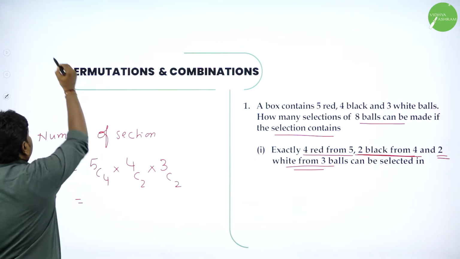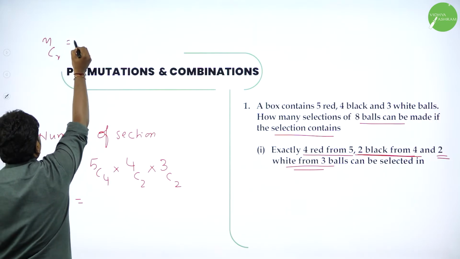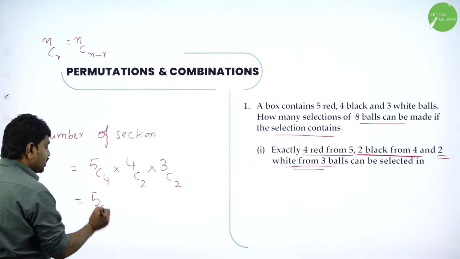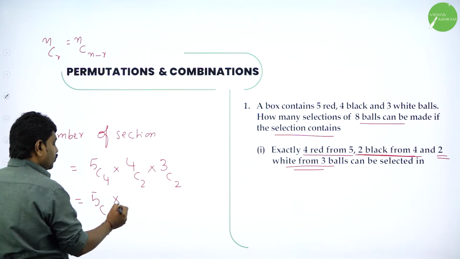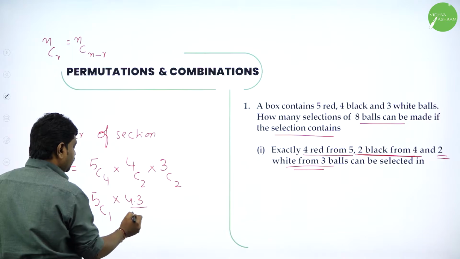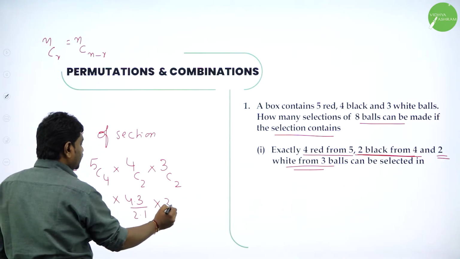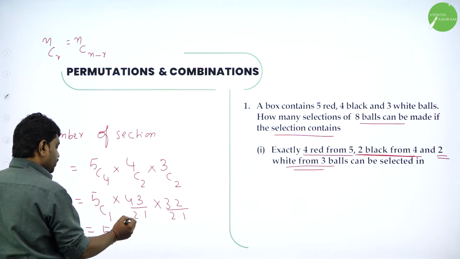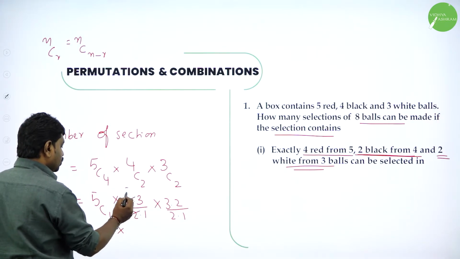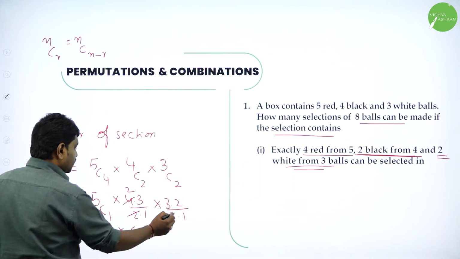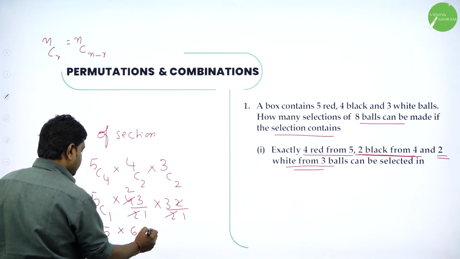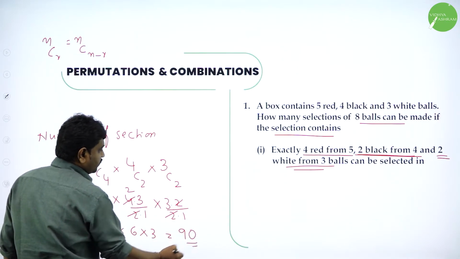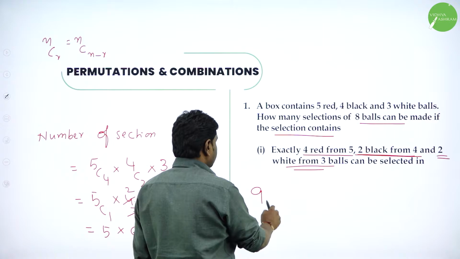So you know nCr, always use this so the length reduces. nCr is nC(n minus r). So 5C4 is 5C(5 minus 4). 5 minus 4 is 1. 4C2, let it be 4 into 3 divided by 2 into 1. 3C2, 3 into 2 divided by 2 into 1. 5C1 is 5. So I can simplify: 2 ones are 2, 2 twos are 2, 3 twos are 6. Then 2 cancels into 3. 5 sixes are 30, 3 thirties are 90. So the answer for this is what? Total how many ways? 90 ways.